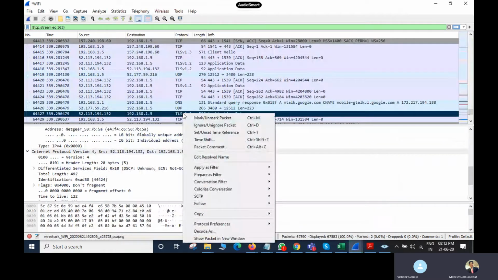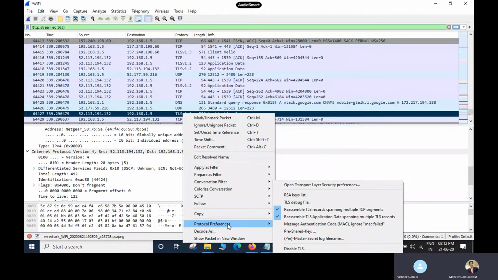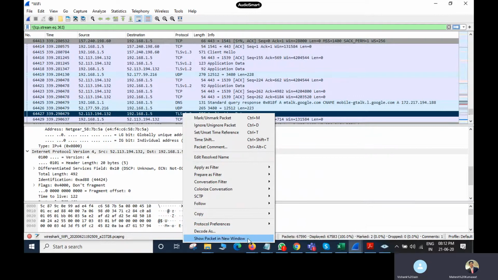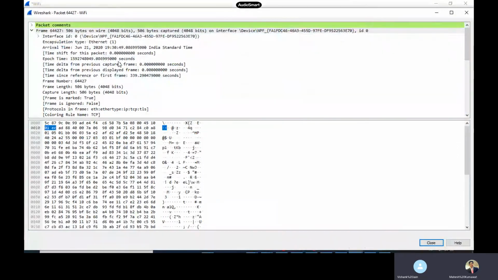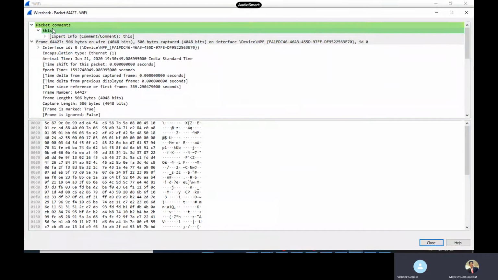So matter of fact, if we take a look from here, you are going to find what sort of things are in the packet. For debugging, disable TLS and check all the things. Show packet in new window. The same thing will be coming, which we have commented on in this particular packet.